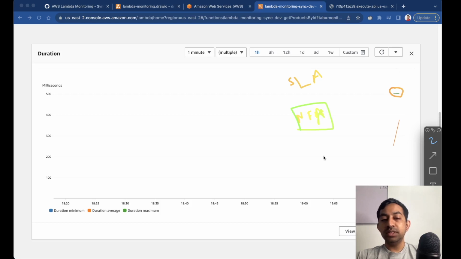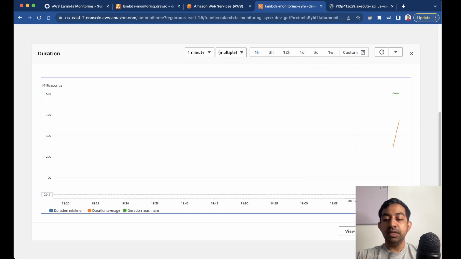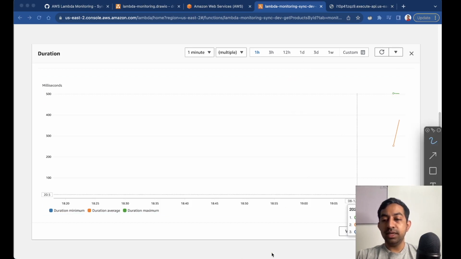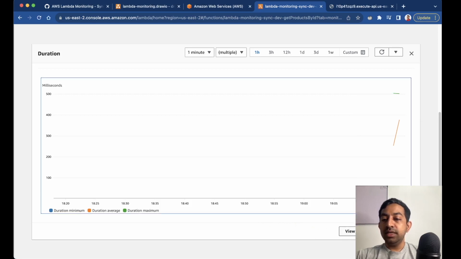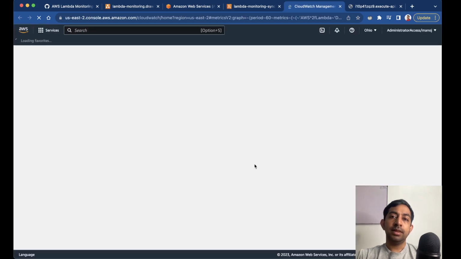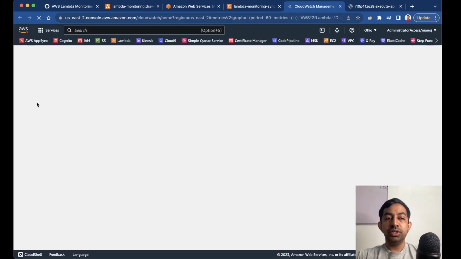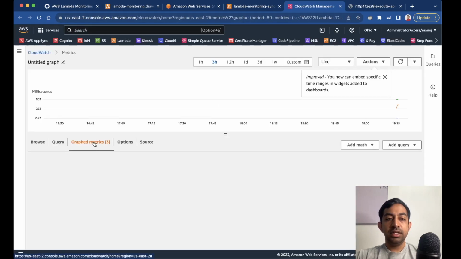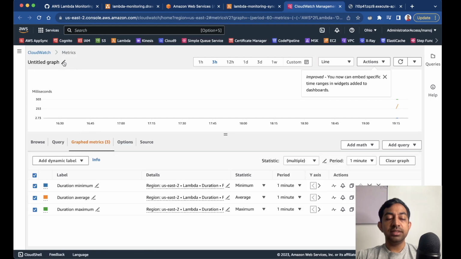Okay, so let's assume that I want to create an alert for this metrics. This is the inbuilt metrics, by the way, so I don't have to create it separately. This is already available to me. I'll go ahead and click view in metrics, this particular button. That will open the CloudWatch metrics. And see, I'm on CloudWatch here, and this is that particular CloudWatch metrics. And I'm going to set alarm for maximum duration. So here I can see this alarm icon,